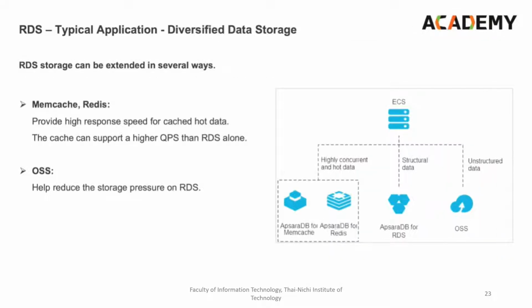And then this RDS storage can be extended in several ways. We have memcache and Redis, and also we can use OSS. Memcache and Redis will provide a high response speed for cached hot data. The cache can support a higher QPS than the RDS alone. But in the case of OSS, it helps to reduce the storage pressure on RDS. So it can keep dumping the log data as much as possible. So it keeps dumping and it will reduce the pressure on how to or what data has to be sent